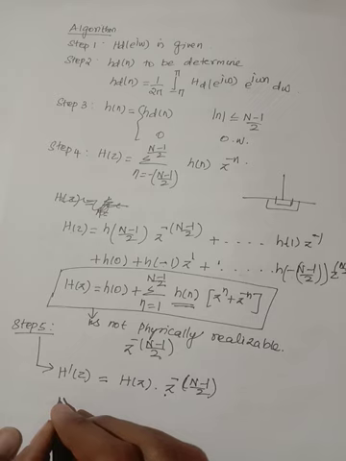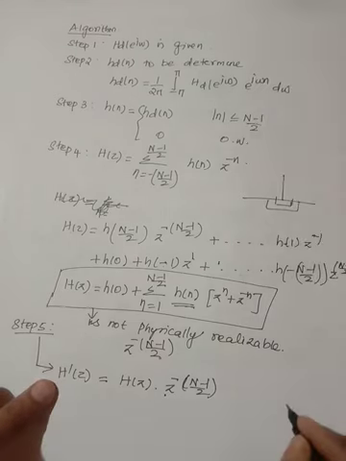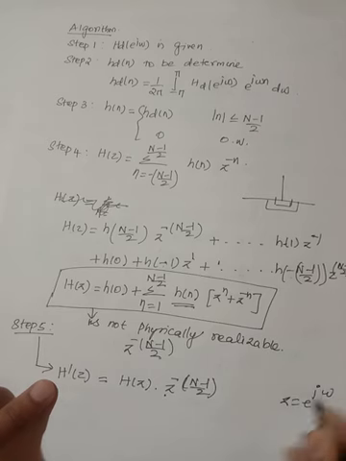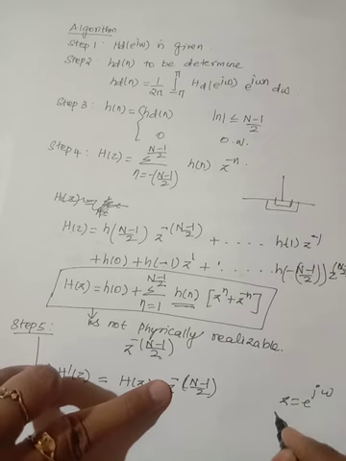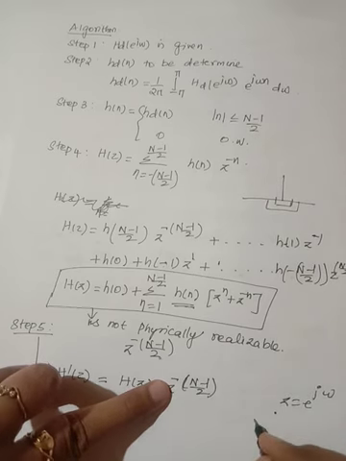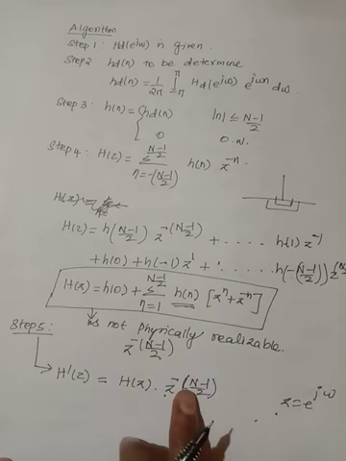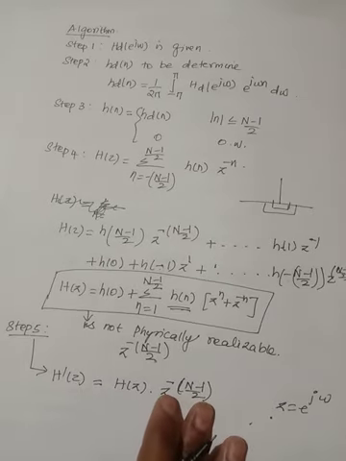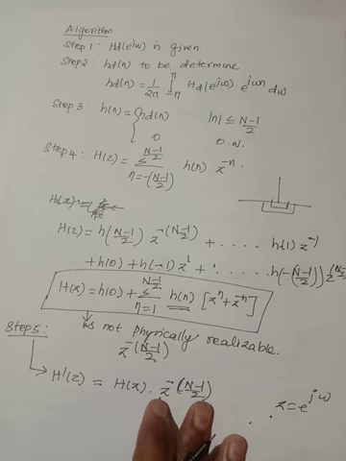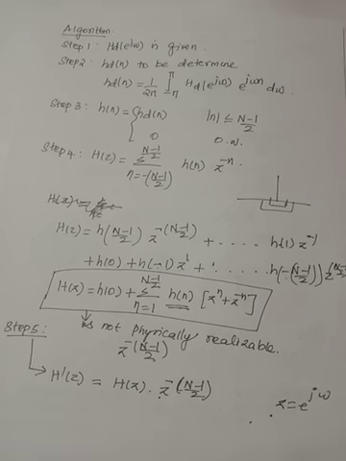Suppose I want to find the frequency response of the desired filter, what will I do? I will substitute z equal to e power j omega. Here I will put e power minus j omega. Where will you find the delay? From the phase part we will find the delay. So here I have multiplied by z power minus (n minus 1) by 2. Now this is the procedure to find the frequency response and transfer function of the filter using the Fourier series method, and we will see the problems in detail now.